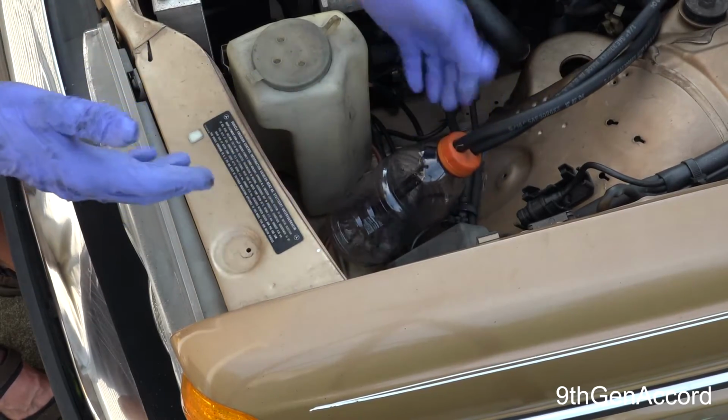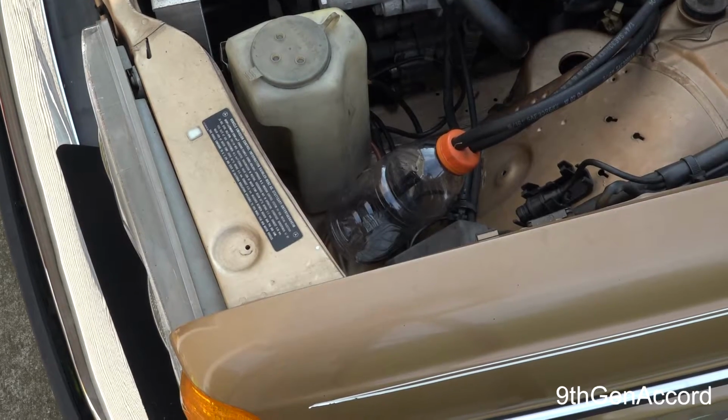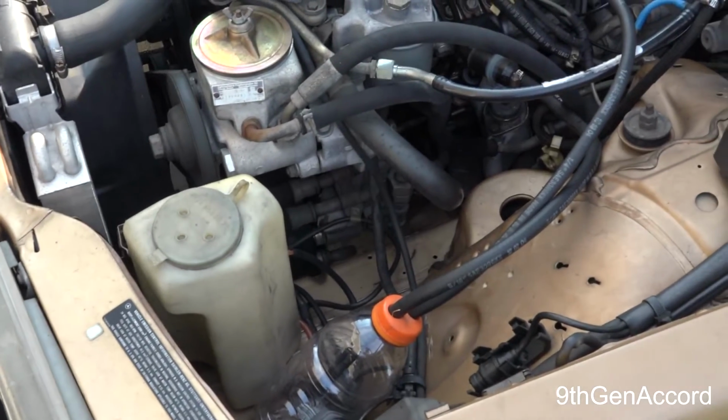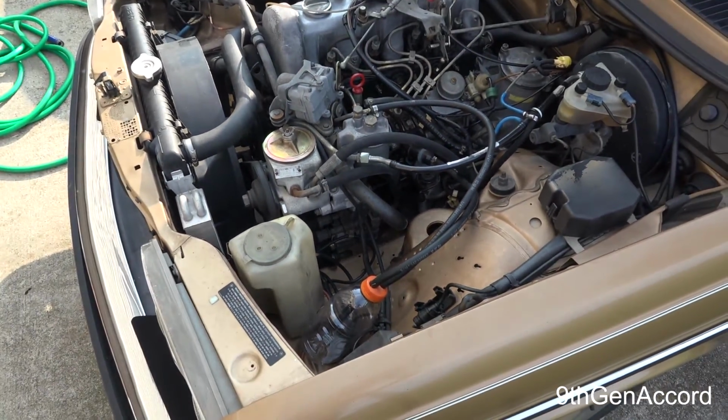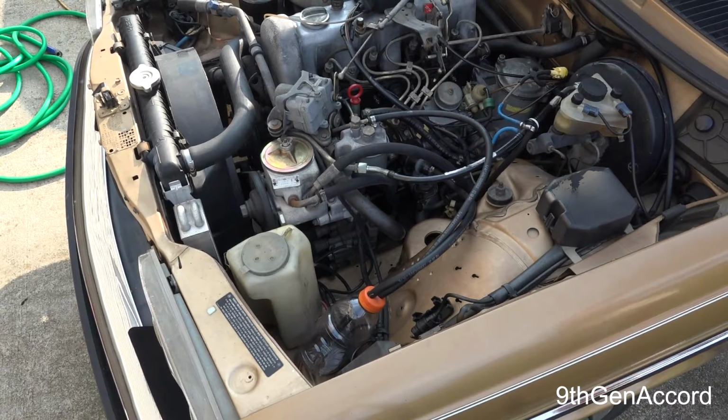All right, that is enough. When you're doing this, you don't want to let the bottle run dry. Just makes life difficult. So the next step is we need to put the lines back the way that they were,